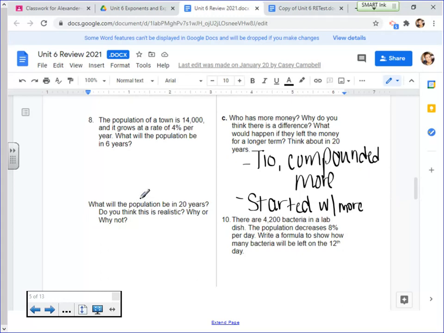Let's go to 8 now. The population of a town is 14,000 and it grows. There's your keyword there. It's an exponential growth function at a rate of 4% per year. What will the population be in 6 years? The hardest part about these is figuring out what equation you're going to use, because in the last one, we had to use the compound interest equation. In this one, it's an exponential growth. So that equation is